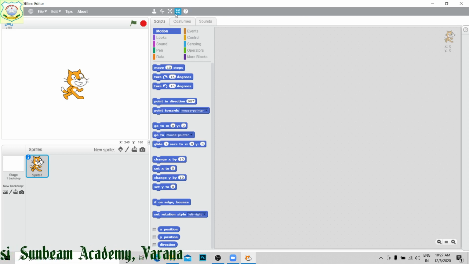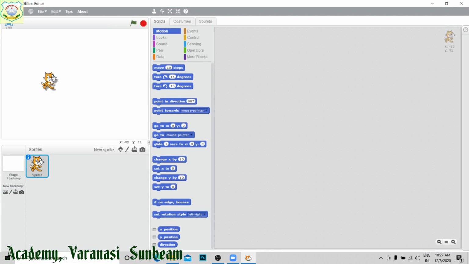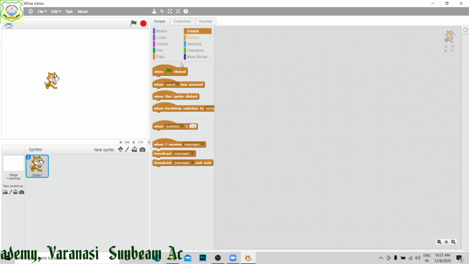So for this, what to do? First of all, I am going to shrink my sprite, putting it at some other location, and I am going to make the first triangle. Now to make a triangle, we know a 120-degree angle should be there, right?